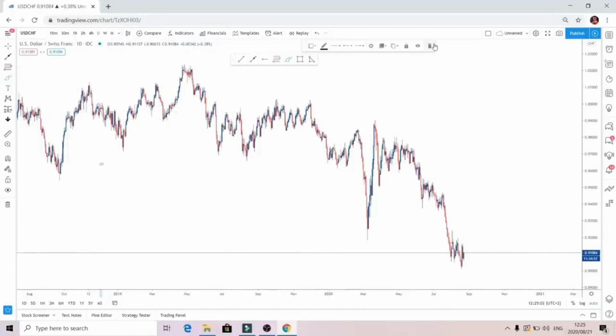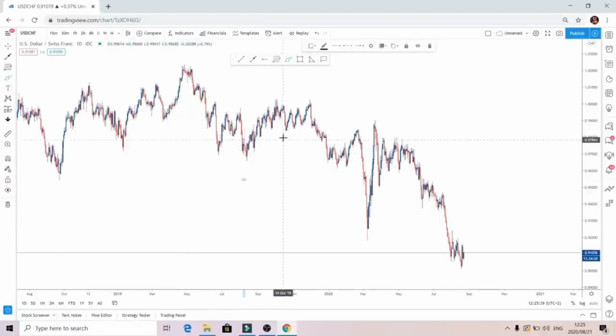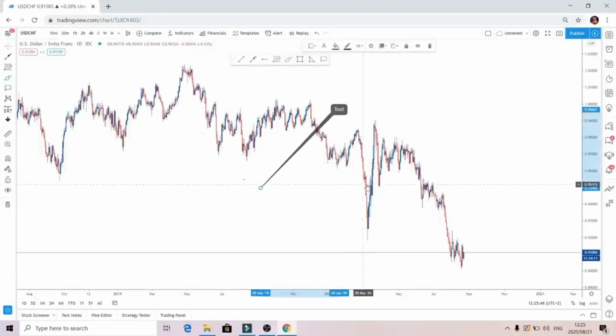So we're going to firstly focus. We're going to now jump into a different one. We're going to jump to the fifth one, which is annotating tools. Annotating tools is literally your types of way to text on the charts. So normally we like using a call out, not literally a lot, but you just use a call out. The reason the call out is very, very simple is because you can just put it right there and then you just drag it. Sorry about that. The reason why a call out is important, you're just going to put it right there and then you're going